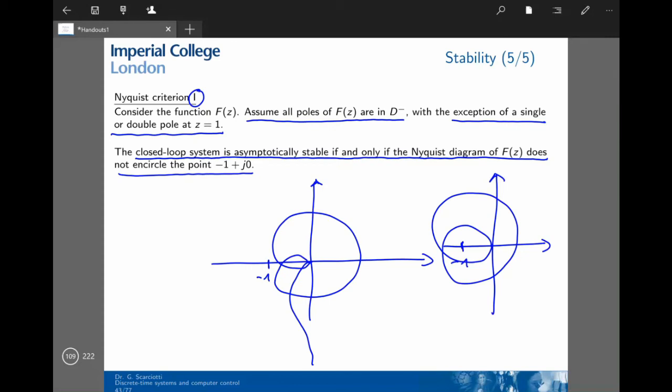Okay, so I want to point out how we count the fact that we are encircling -1. Basically, we start from a point, usually on the real axis. Then I follow this direction, the anti-clockwise or counter-clockwise direction. I follow the curve, and I meet again the real axis. Since I went around, the point -1 is inside, and I met again the real axis,